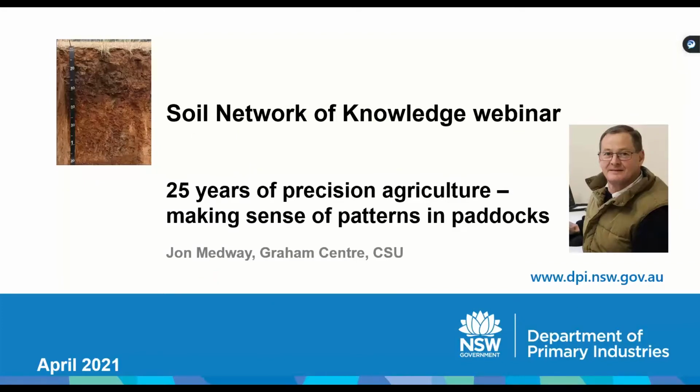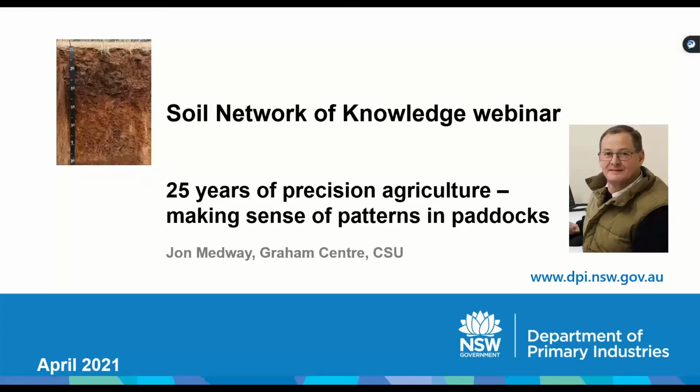John's a Senior Research Fellow specialising in spatial agriculture at Charles Sturt University's Graham Centre. His history in farming goes right back to growing up on a family farm on the Liverpool Plains in New South Wales and completing an agriculture science degree at Charles Sturt Uni in the mid-80s. He spent some time in the corporate farming sector before returning to CSU as a research officer at the Farrer Centre, working with a local farmer group, comparing farming systems and demonstrating the role of objective monitoring for improved crop management. This work included the investigation of spatial variability through the use of remote sensing, soil surveying, and yield mapping.